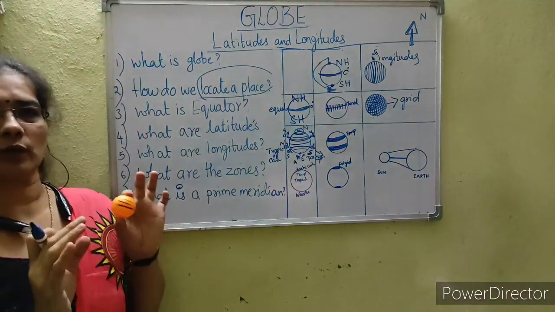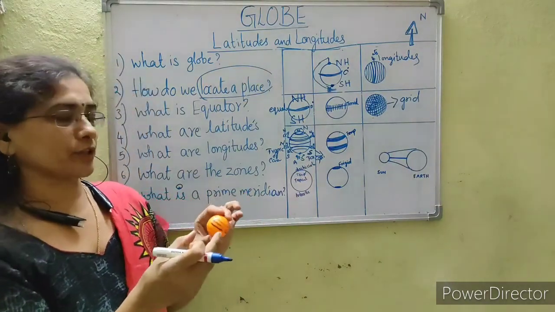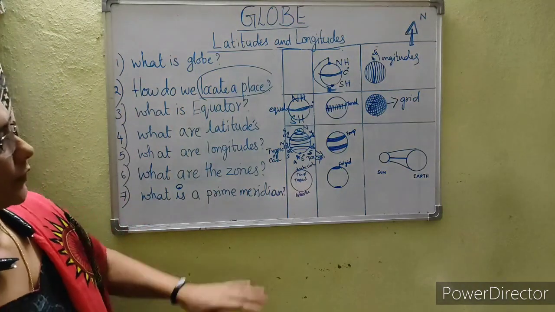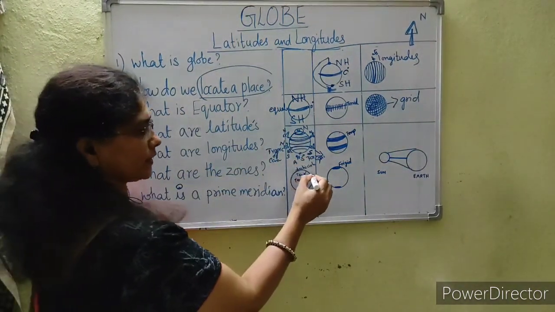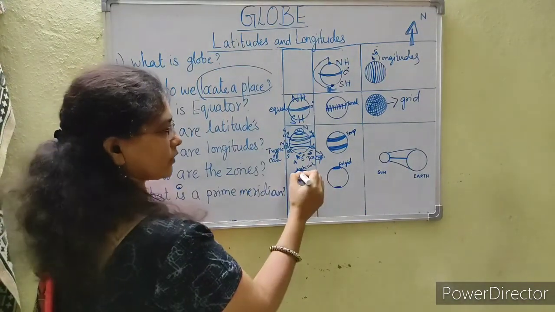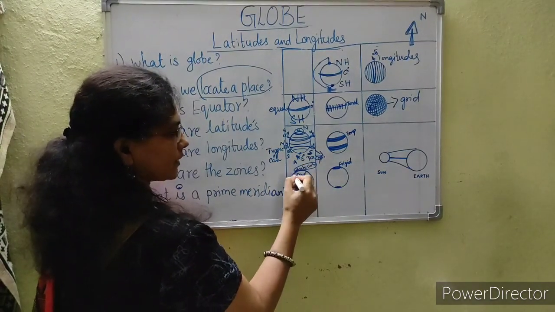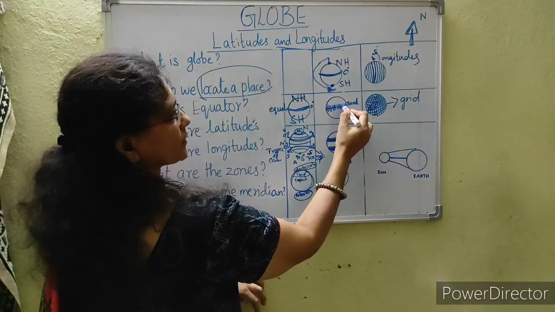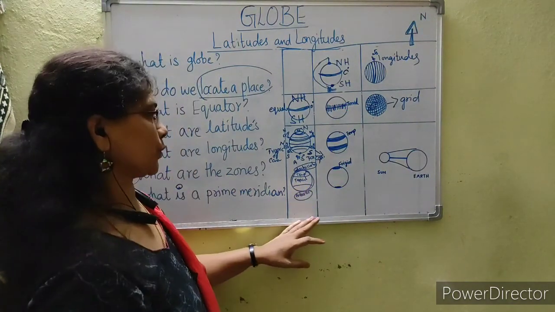This is only an imaginary line. Since we want to study about places, our geologists and meteorologists have done this. So, based on the division of the degrees, the Earth is divided into different zones. This is called the Arctic Circle. This is the Antarctic Circle. This is the temperate zone. Here you can see the middle one, and this is the tropical zone.